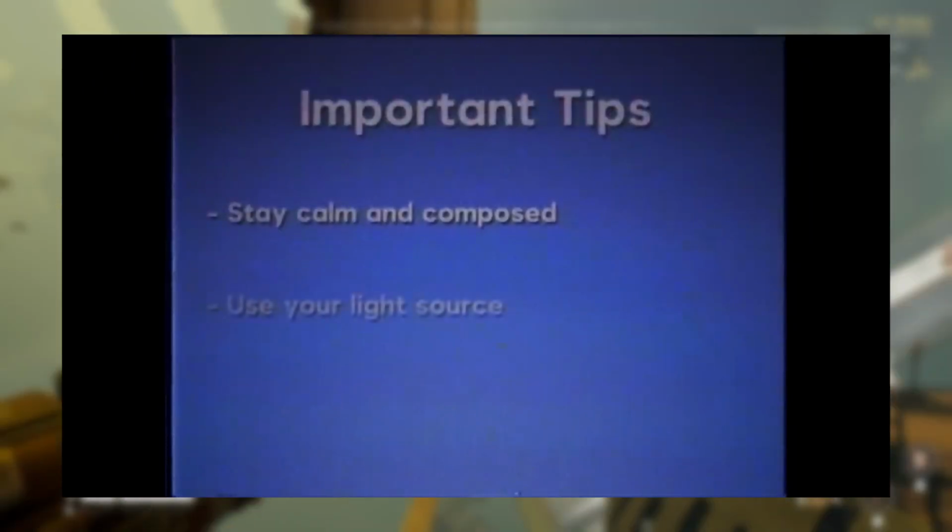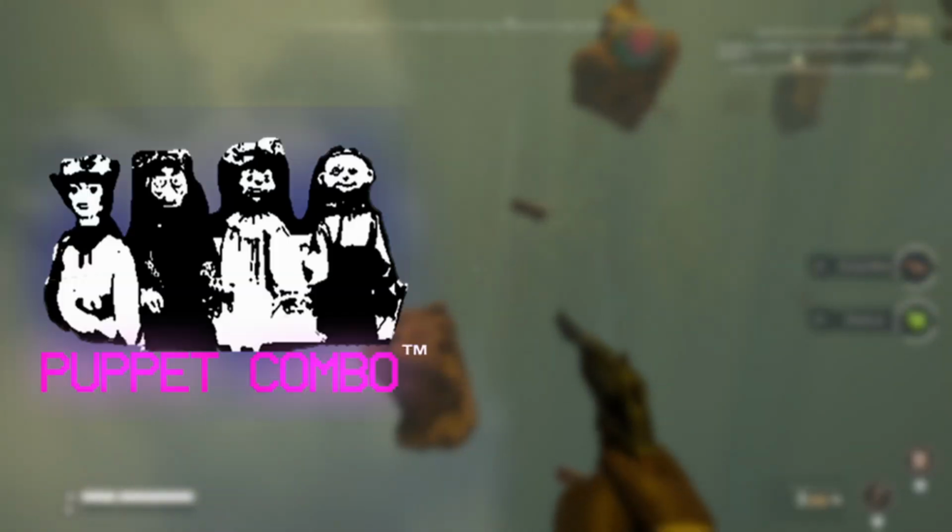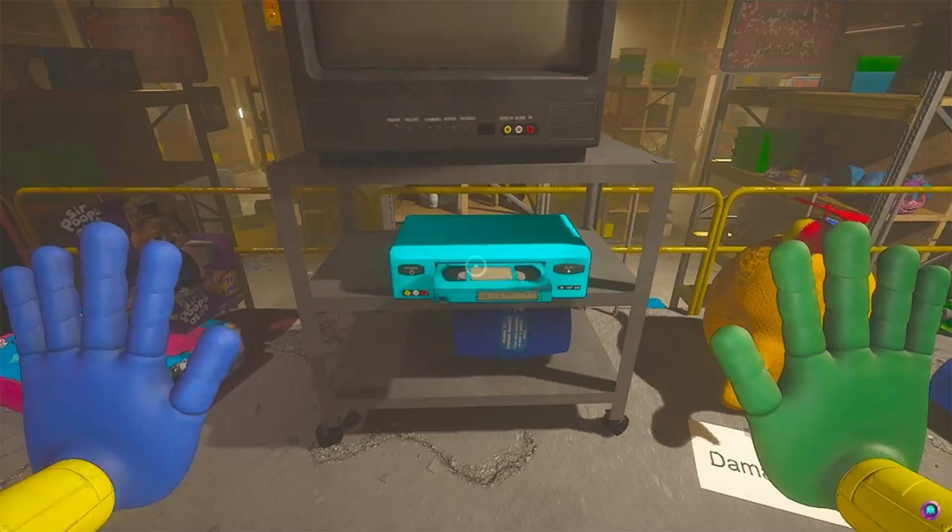When watching the start of the Subliminal trailer, what really sticks out to me first is the informational video cassette tape playing at the start. It instantly gives me unsettling horror vibes, which is good to get people's attention. This cassette style has been used in many games, whether it's a cassette tape overlay in games from Puppet Combo or Chiller Arts, and the cassette tape videos in Poppy's Playtime.